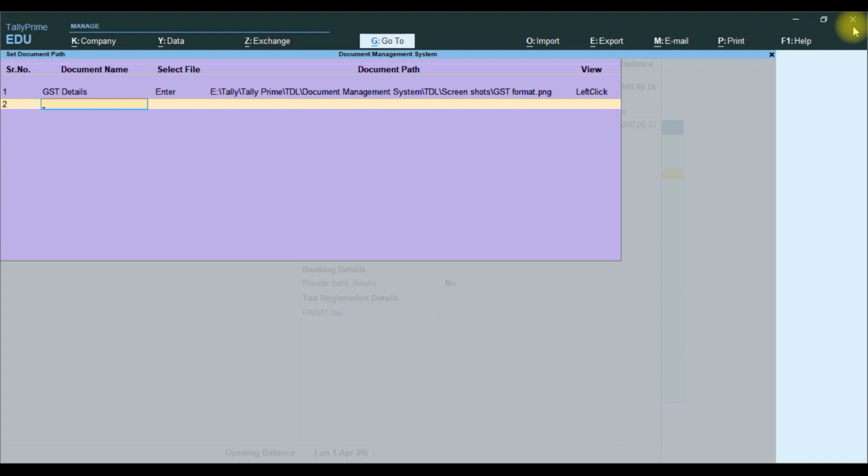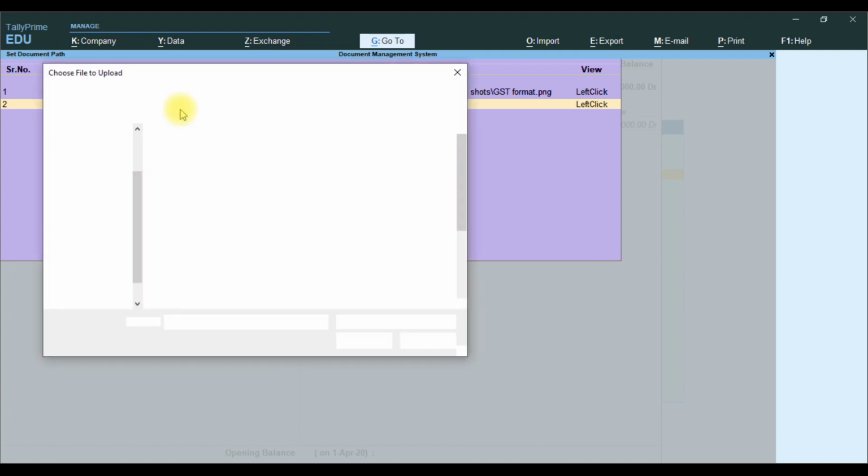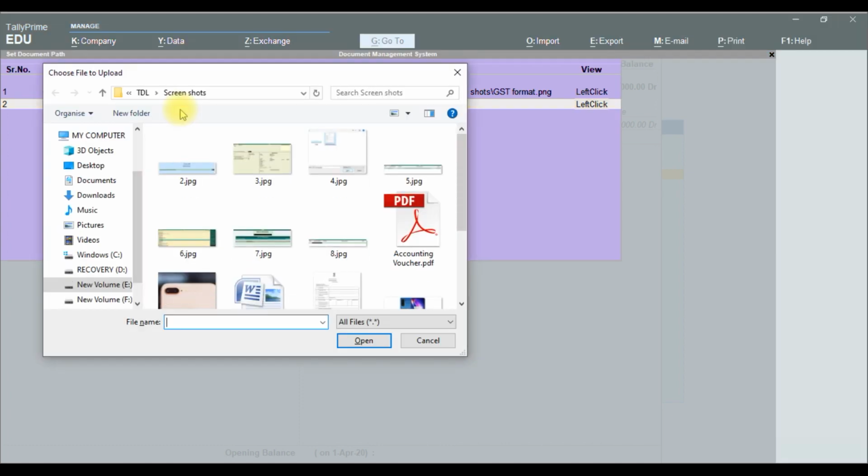Then we attach another document. After selecting the document name, select file, then you press the enter key, it will open our path name.